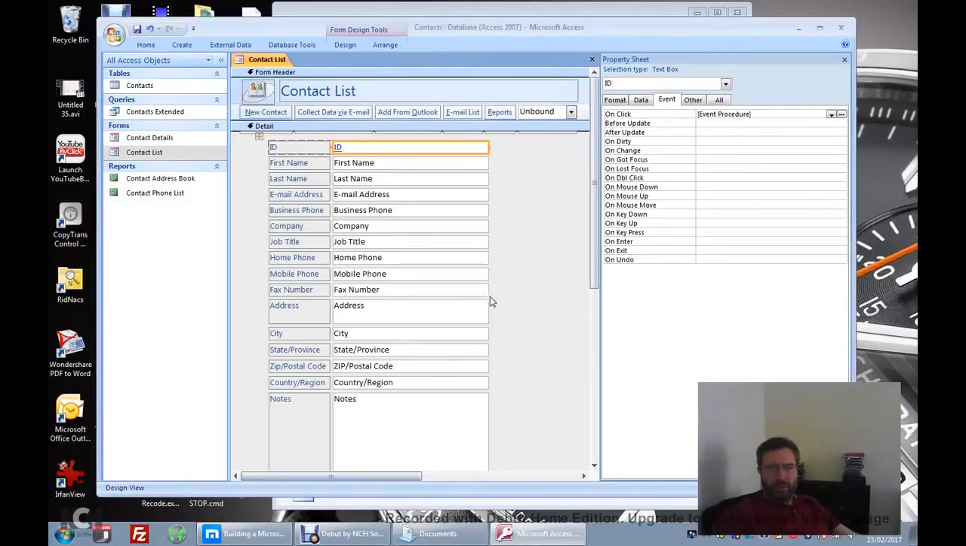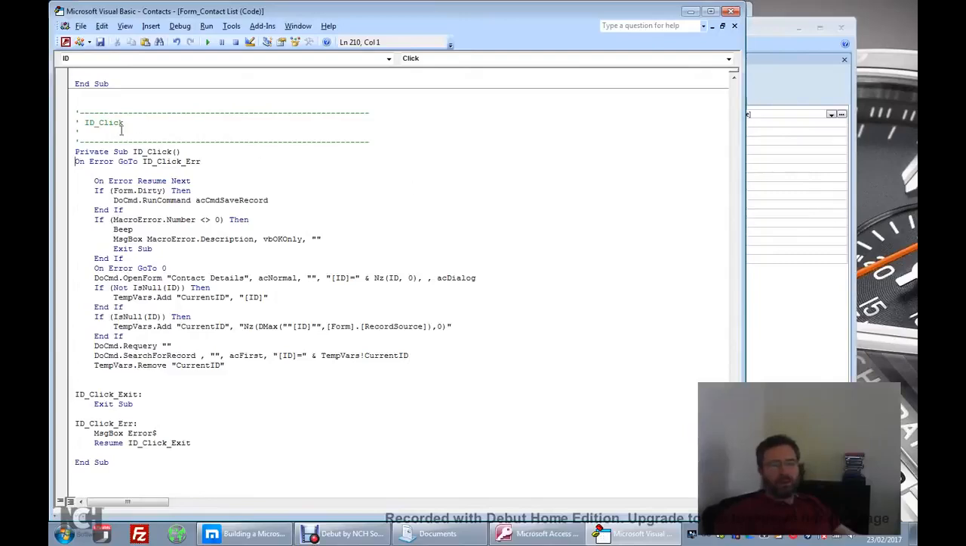and that's done. So now if we have a look at this ID field, and the properties associated, the embedded macro is gone, and it's been replaced with event procedure. So if I can have a look at that, here we go. This is the Visual Basic that is behind that click event. So ID click, it's a subroutine, a private subroutine, i.e. just available for this form. And we've got some error checking going on here. If there's an error, just carry on. We're saving a record, and so basically this has all come from that embedded macro,